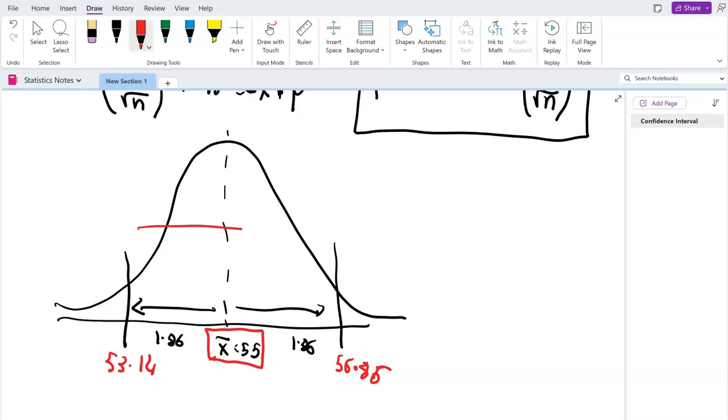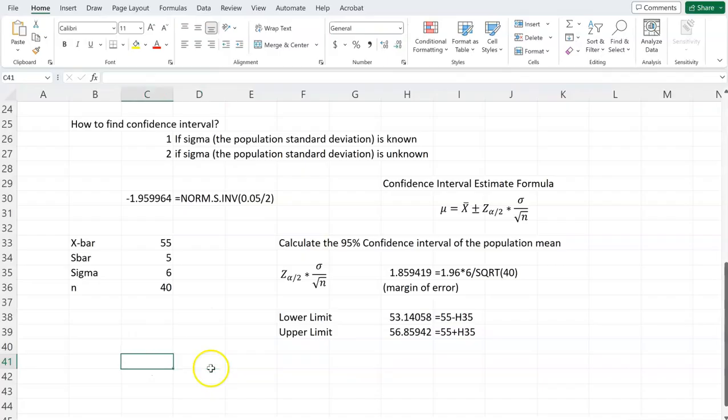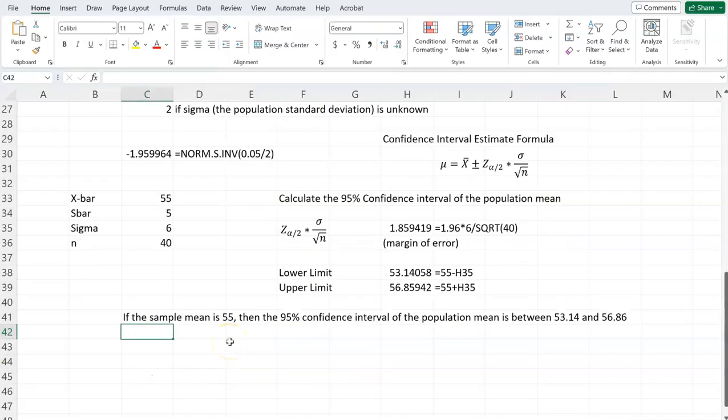population mean could be anywhere between 53.14 and 56.86. So reiterating that: if the sample mean is 55, the 95% confidence interval is between those two numbers. Now, what if I wanted to find, instead of the 95% confidence interval, the